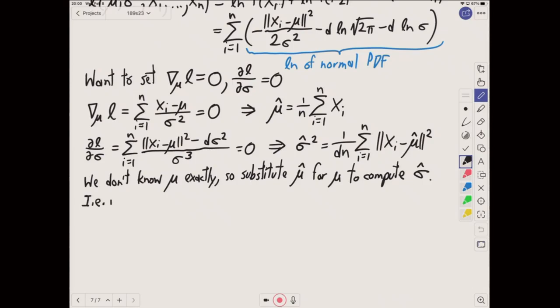All right, so you might notice that this thing is essentially what's known as the sample variance. So another way of saying what maximum likelihood estimation gives us is that we should use the sample